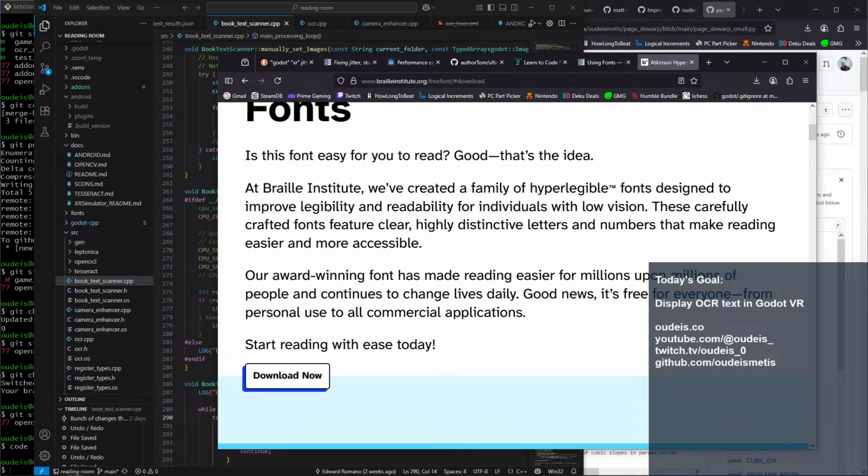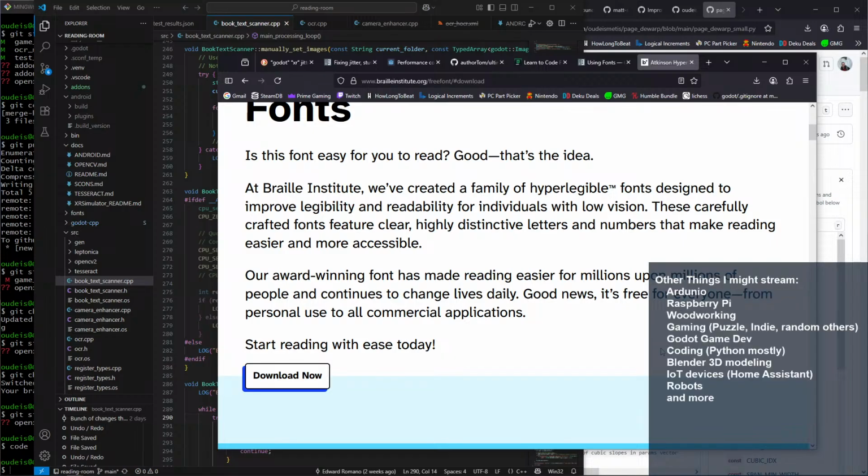So that especially if you have somebody with vision issues, they would reach for this app first, because they could take a book off the shelf and see that the font is tiny and has serifs and all this nonsense, and then decide, you know what, let me put on the VR headset, open the book, and then have a hyper readable font where they can change the font size to make it bigger, because of vision issues as you get older. And then all of a sudden, this app becomes the best way to read anything for